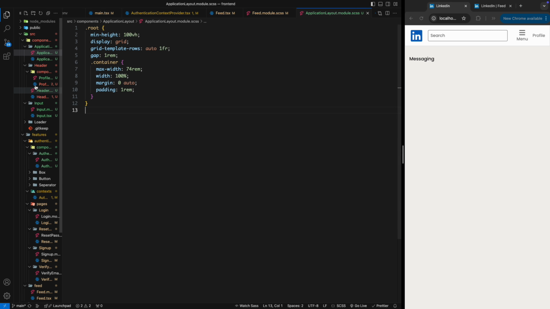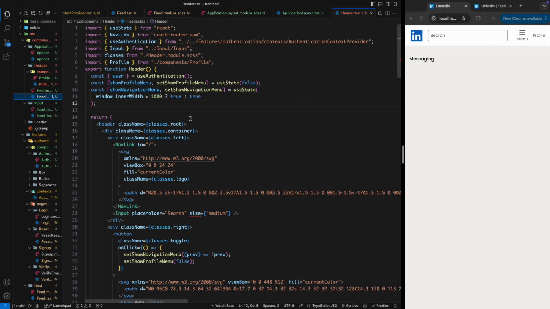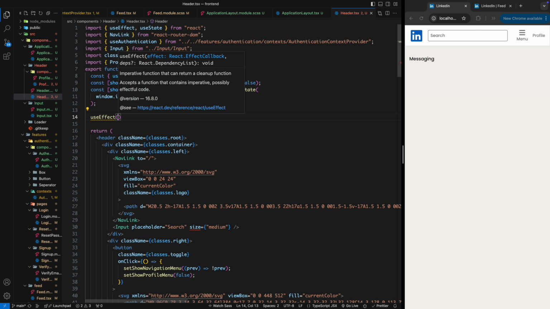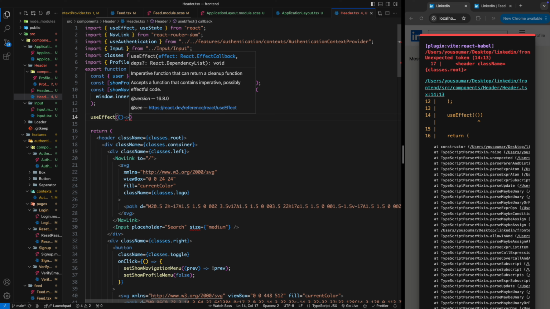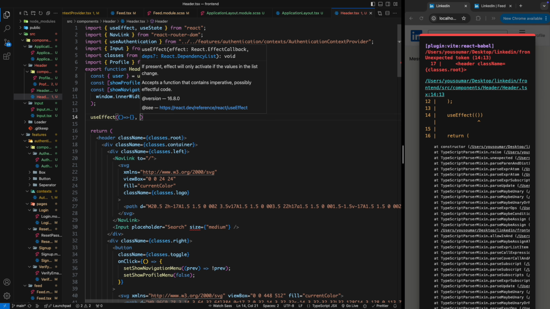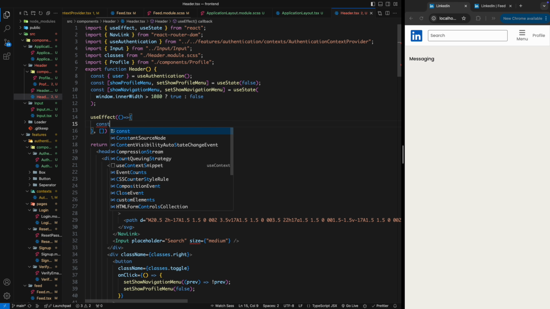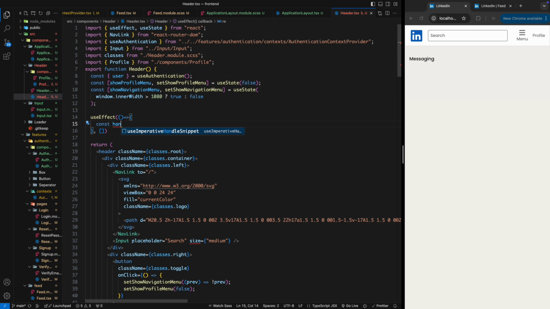We need to go back into our header component here, and first thing first, we're gonna change that to false. When it is on smaller screens, we want it to be false by default. And then we're gonna use a use effect, okay, and we are going to define a handle resize function. We're gonna call it handle resize, like this,